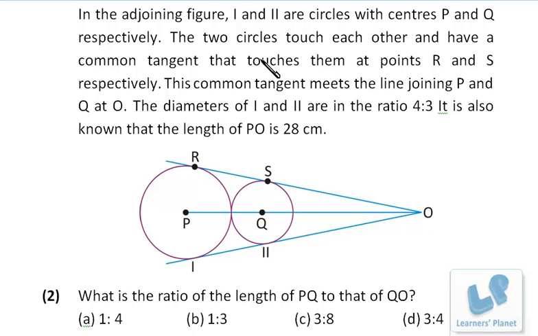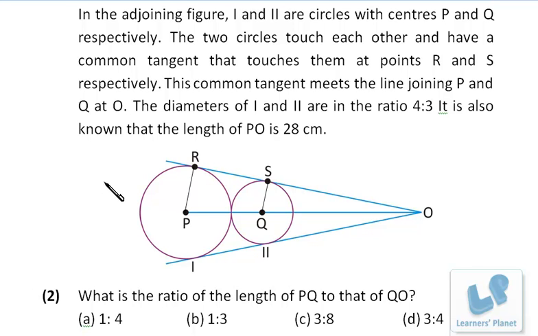The diameters of 1 and 2 are in the ratio 4:3, and it is also known that the length of PO is 28. Now the very first question is, what is the ratio of the length of PQ to QO? Right? Now what do we do,